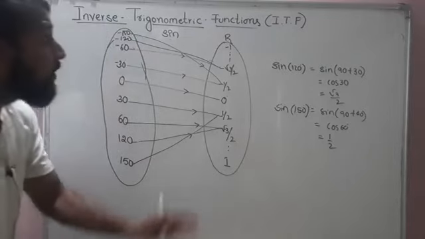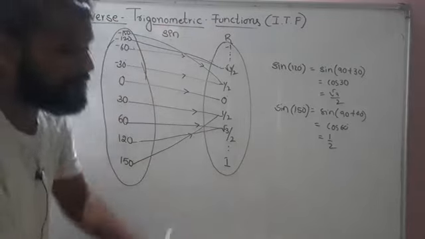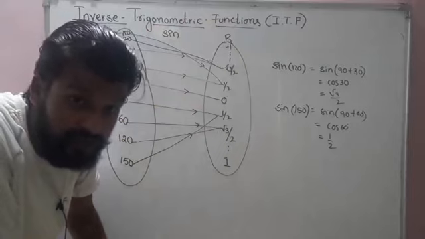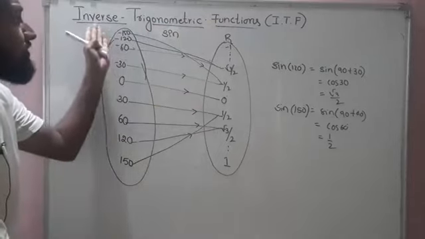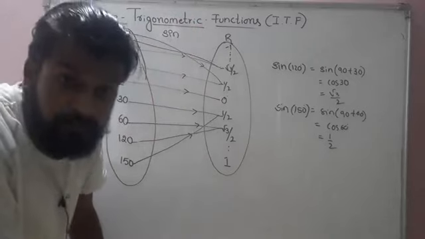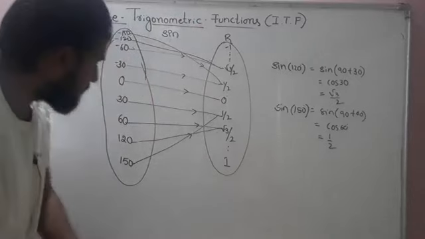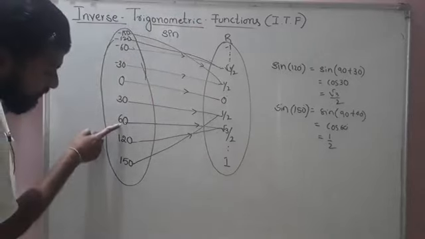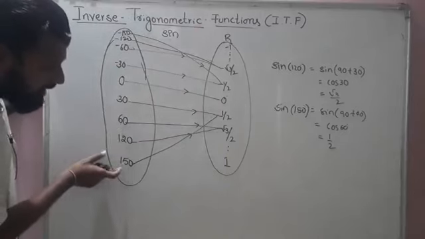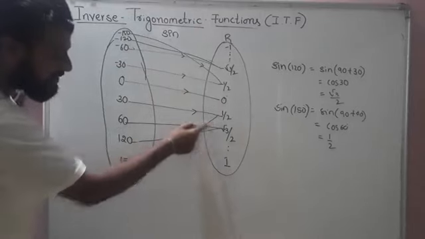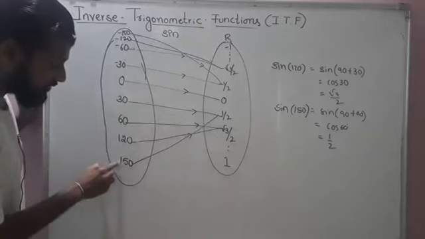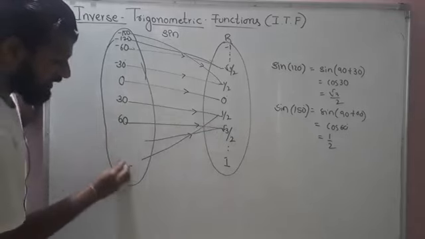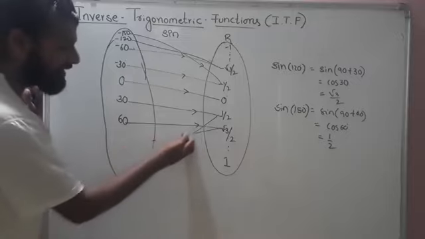So then how come we have this chapter, inverse trigonometric functions? You may ask me this doubt. Yes, they have taken this chapter because, as you know, the values more than 90 will give me the same values as between 0 to 90. So they will not take these two values, like 120 degree and 150 degree. They will restrict